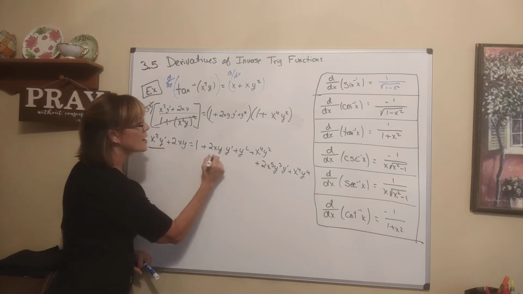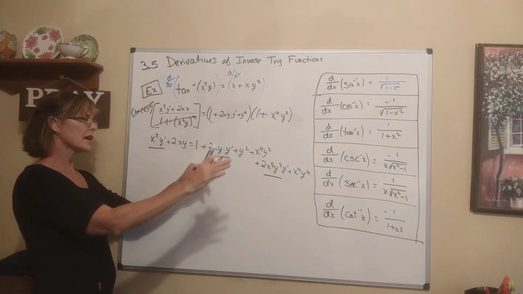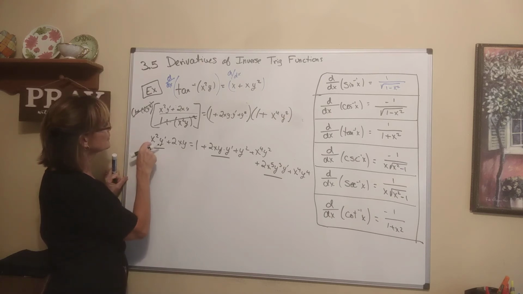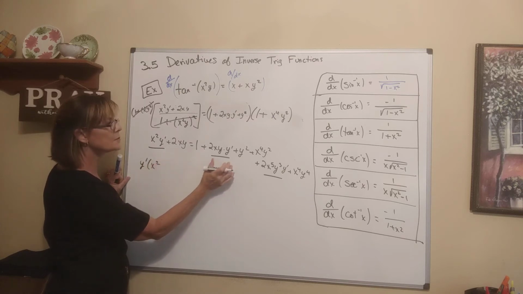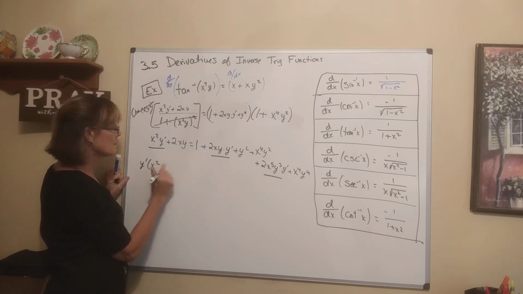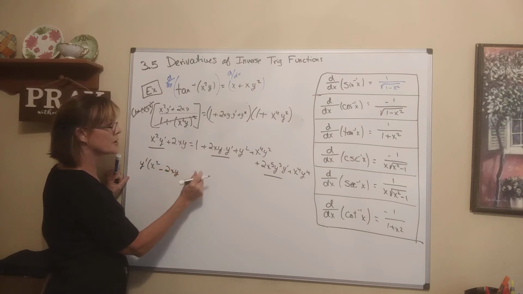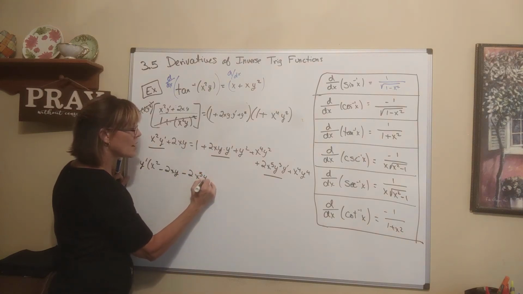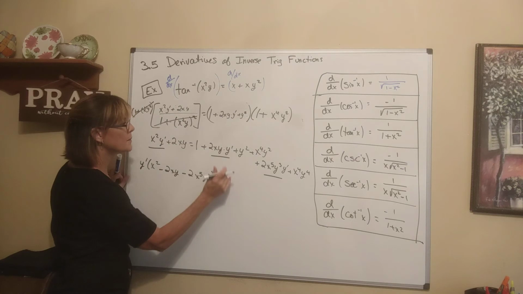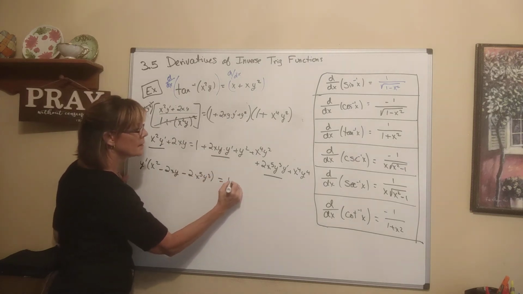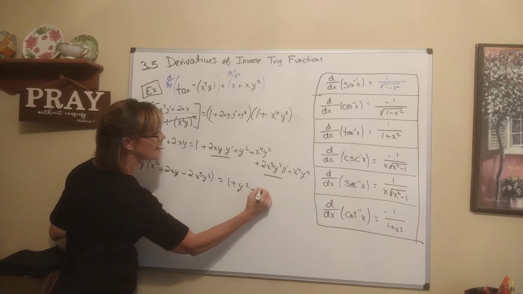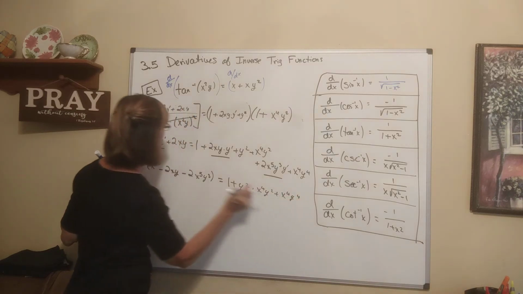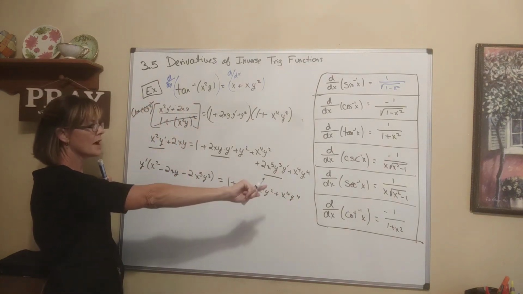We're going to get all of our y prime terms on one side, everybody else on the right. So I'm going to factor out y prime as I go. I'm left with x squared. If I subtract this guy over here, it's going to be a minus 2xy y prime. If I subtract this guy over here, it's going to be a minus 2x to the fifth y to the third times y prime, leaving me with 1 plus y squared plus x to the fourth y squared plus x to the fourth y to the fourth, and I'm going to subtract this guy over here, minus